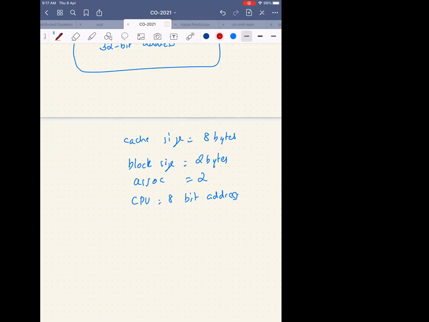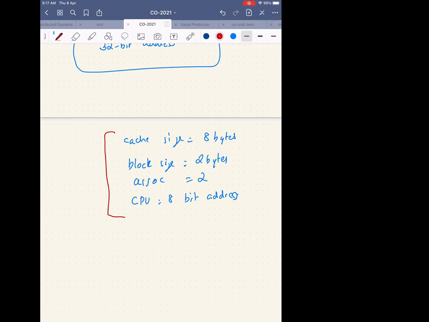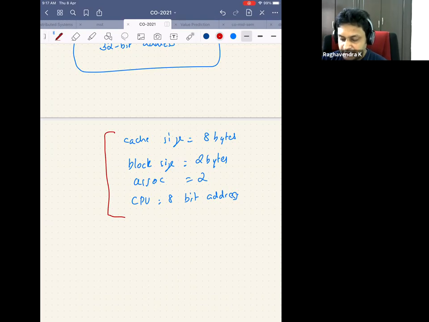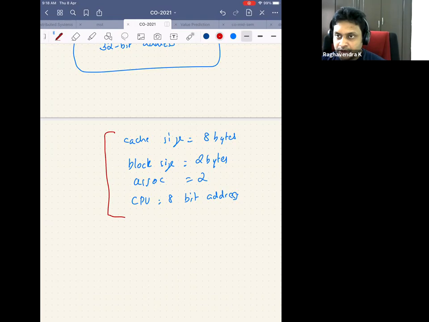Yes, sir. Can you tell me how many bits are there in the offset, index, and tag in this particular question? So one second. Okay. Can you tell me how many bits are there in the offset by looking at this? So first step should be finding the number of blocks, right? Then we have to partition into 2, because if we get one set. Yeah, but before that, you have to figure out the offset.